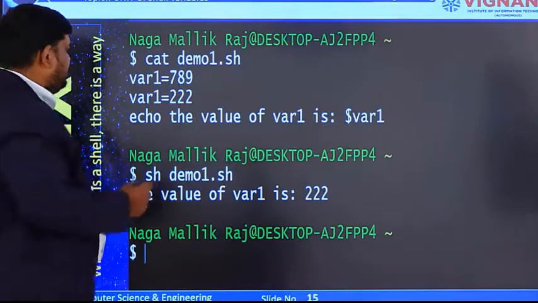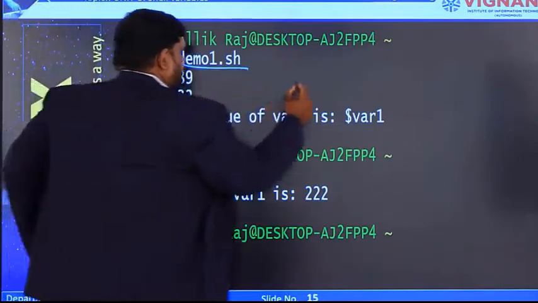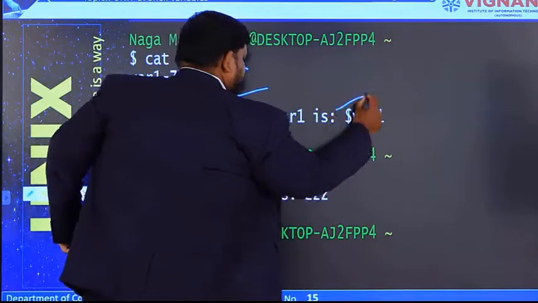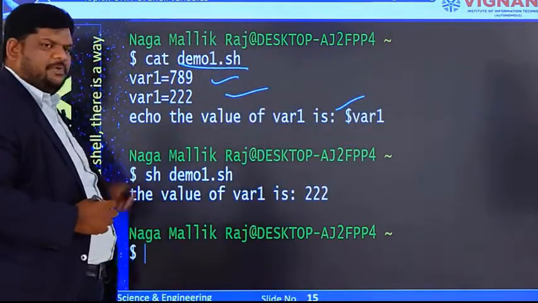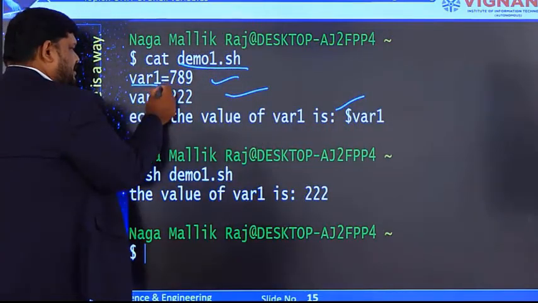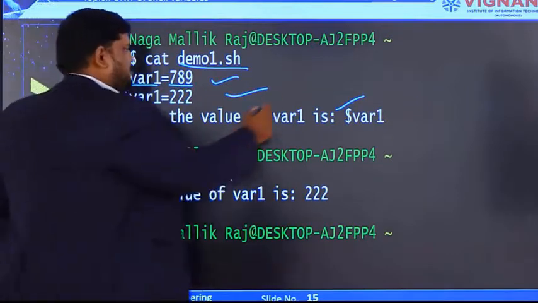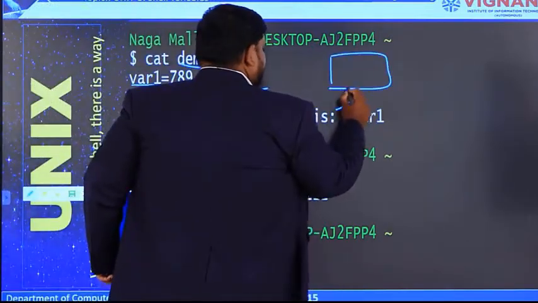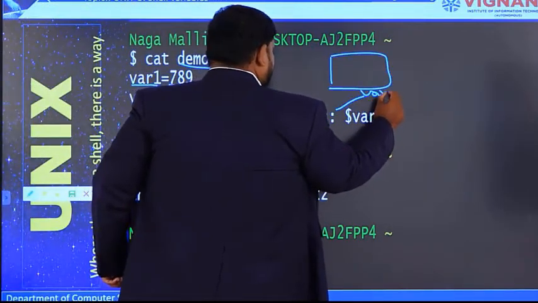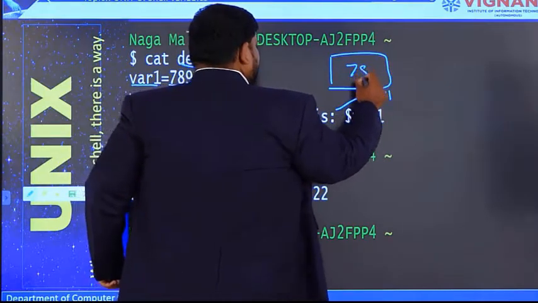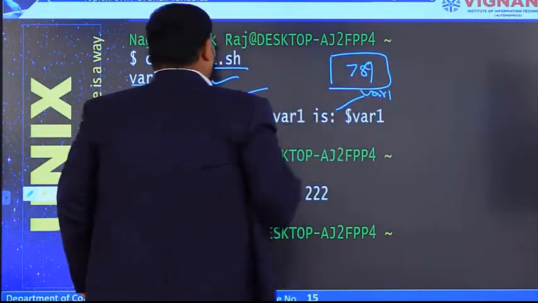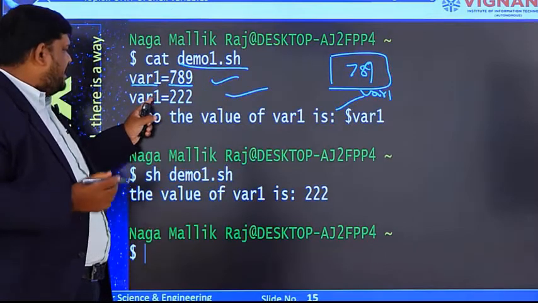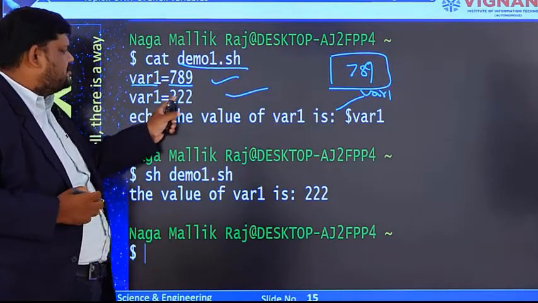Consider this example. This is the program name. In the program, 1, 2, 3, these are the three statements present in that program. Here var1 I have assigned 789. That means assume this is a variable, the name is var1, and first it stores 789. After that, in the second statement, again I am writing var1 is equal to 222.